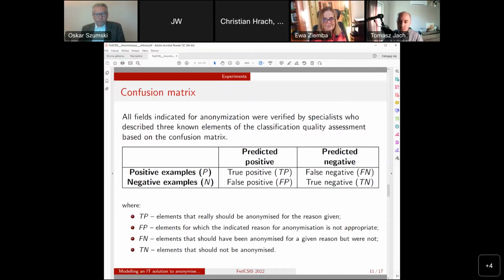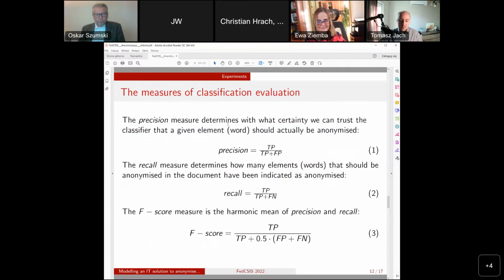consistent results, we tend to use the confusion matrix with all the values over here, like true positives, the elements that really should be anonymized for the reason given and that were actually anonymized, the false positives, false negatives, and true negatives, understood as is usual in data science and machine learning. On top of those metrics from the confusion matrix, with all the stakeholders, we have presented the